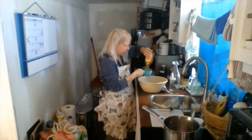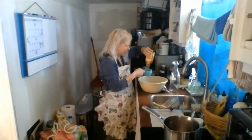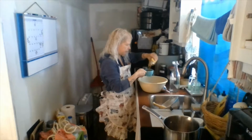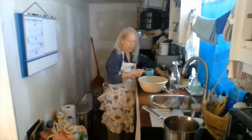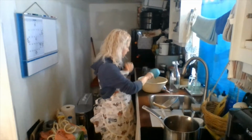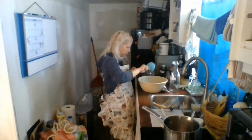And you can see the thickness between raw and unfiltered and local, and the processed honey that you buy in the store. This is a local company that's around here. There is a gentleman at our local flea market that does sell honey, and I believe we're going to be going there Saturday, so I'm going to definitely get that. Put that pour in there. Oh, that looks...